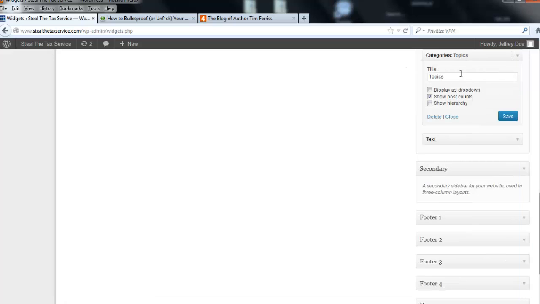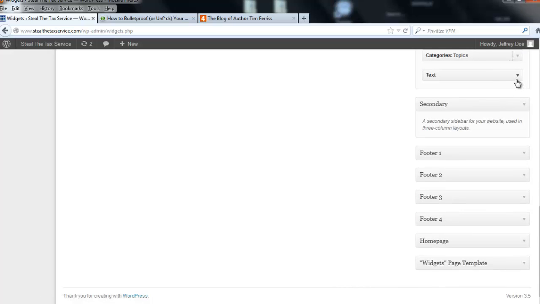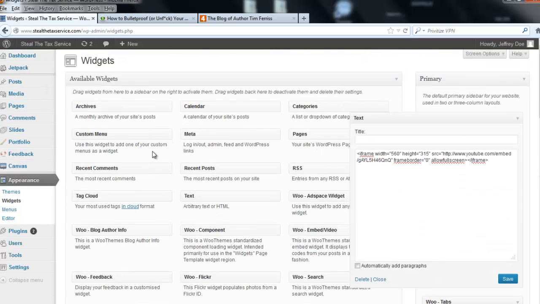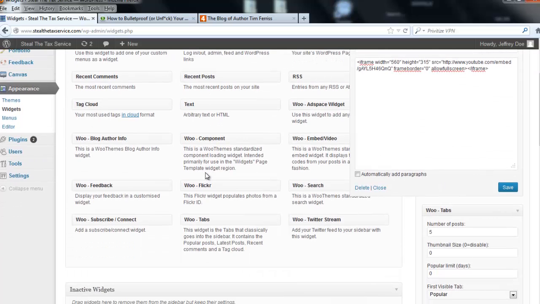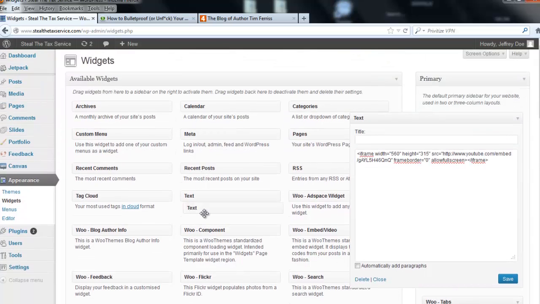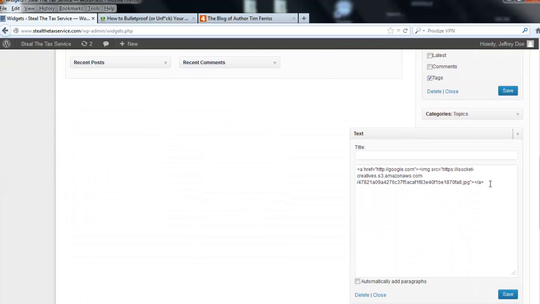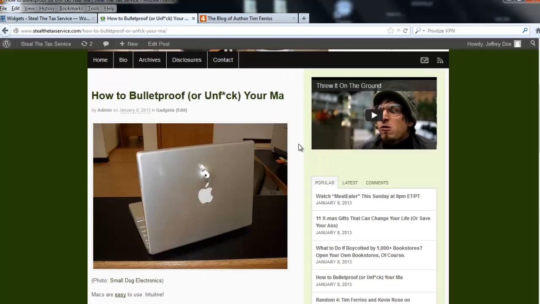Topics, I moved this over, called it topics. Really, this is your categories or your archives. And the last thing was a text field. You can see I use that a lot. The text field is right here, somewhere in here, right here. What it does is allow you to add text or HTML. So I use it for a lot of features, like you see here. I've just thrown the advertisement in there. If you have your AdSense code, you can throw it right in here,